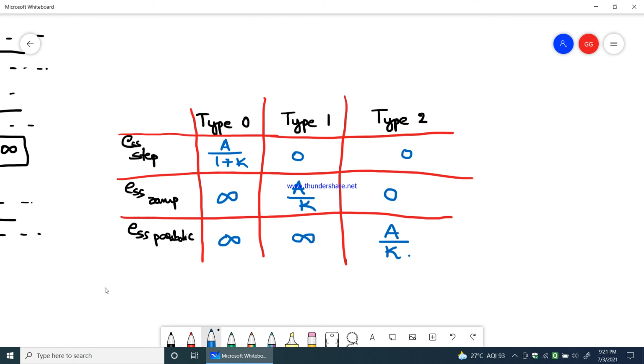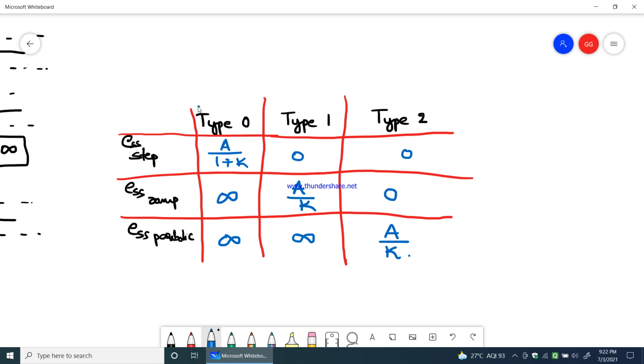Now this table is written just to explain which type of input should be considered for which type of system. So for step input, we go on using type 1 and type 2 systems because the error is 0. When ramp input is considered, we go on using type 2 system. Okay, ramp input is always applied for type 2. So when I am using a type 2 control system, I will see whether I can apply step or ramp, but I don't apply parabolic. When I see a type 1 system, I will consider step input, not ramp or parabolic. But when I see a type 0 system, all three inputs are giving some error.